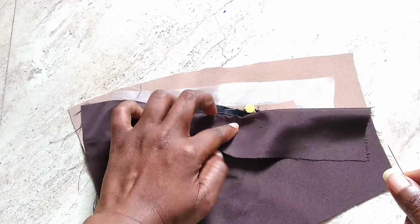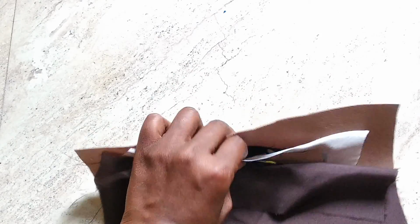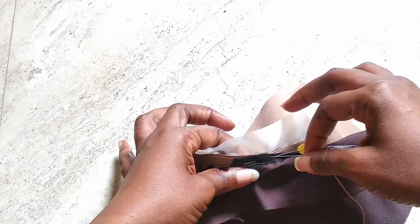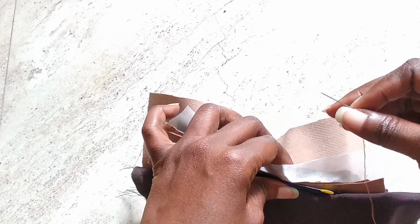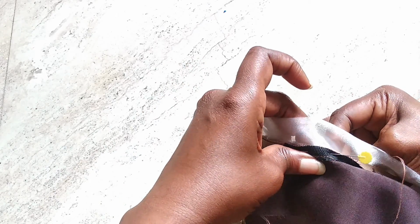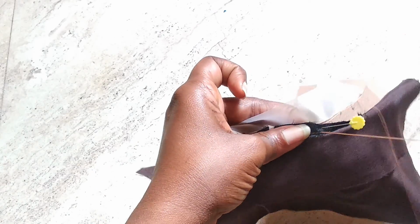I'm just going to open this up, and remember, you are only sewing the seam allowances in here, right? You are not sewing for it to show on the main fabric, just on the seam allowances. And we are going to use the stay stitch we have sewn before as a guide, right? So let's see. I'm going to put this in here like this, right? Hope you can see. Pull it through,